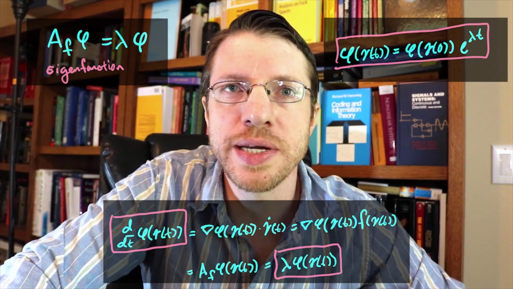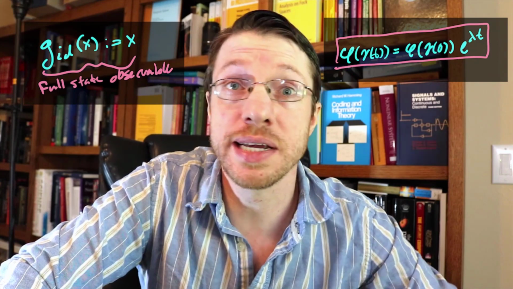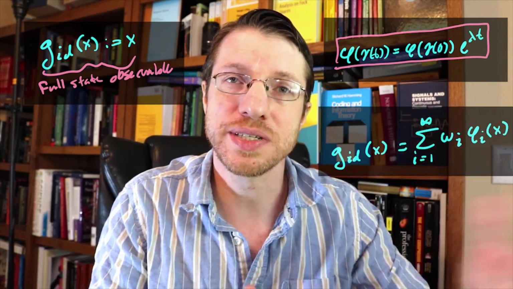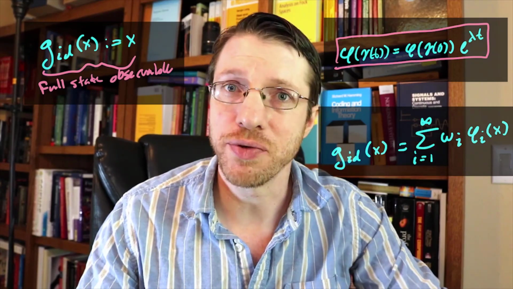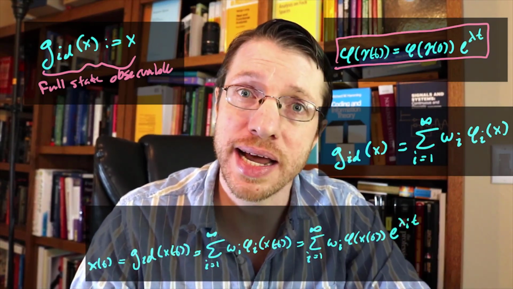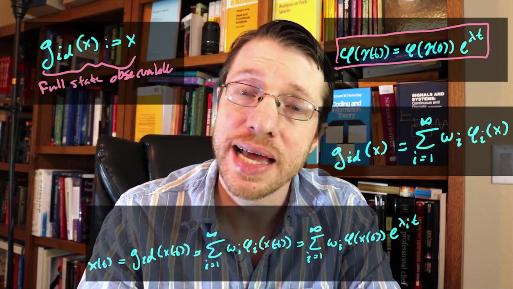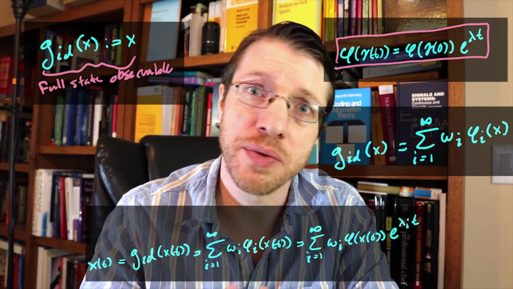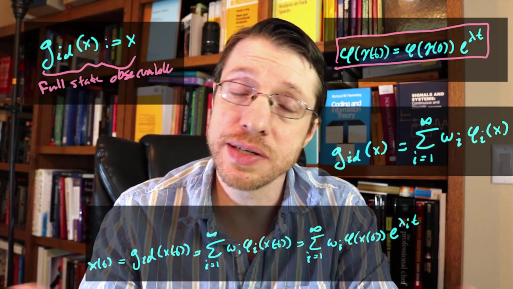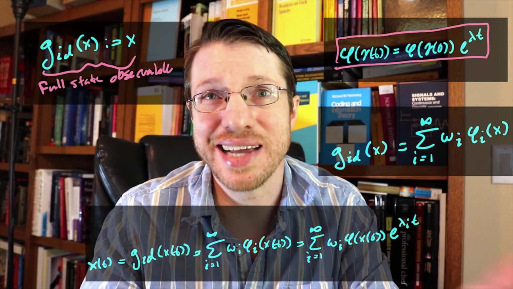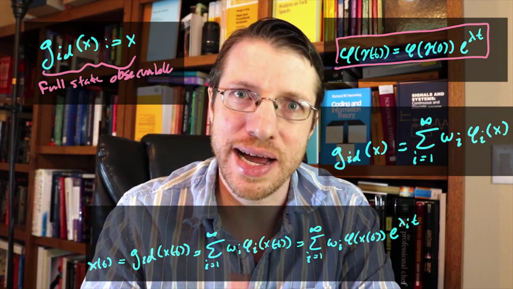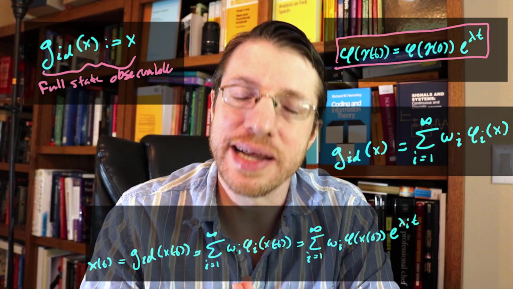What we do next is we take the identity function, or the full state observable, inside of our Hilbert space, and we take the projection of that full state observable onto our basis. Then if we take a state from our dynamical system, x of t, we now have a model for our dynamics where we take those eigenfunctions and replace them with this dynamic equation that we showed before. So now we have our state described as, say, an infinite series of exponentials, and in the case of the finite rank representation, we replace this with an approximation where we now have x of t described in terms of a finite number of exponentials.